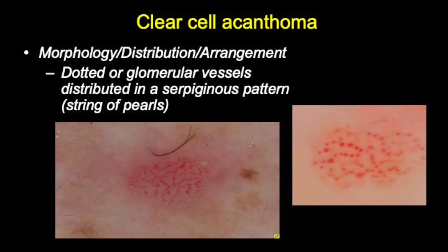And this lesion here has a special place for me. So this has now been shown for about 18 years. And the reason is that when I first came to Memorial Sloan Kettering, the pathologists there were not believers in dermoscopy or didn't put any value on dermoscopy. So when we had our conferences, I would say, well, dermoscopy shows this and this, and they wouldn't engage me at all, zero, right? And it was actually after the 5th or 6th prospectively diagnosed clear cell acanthoma, and it happened to be this one, where the pathologist called me and said, I want to know how are you making